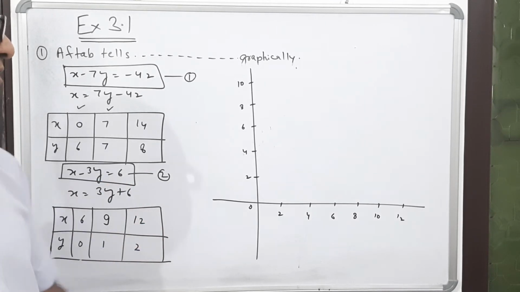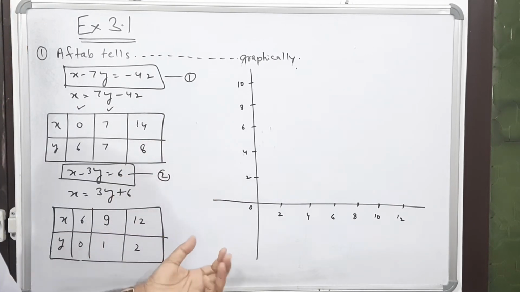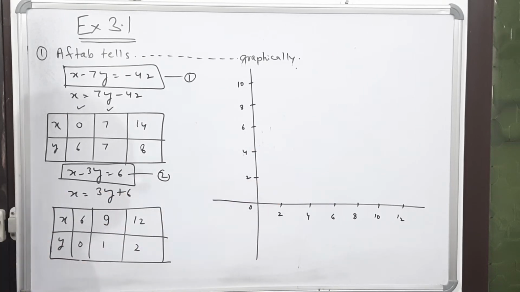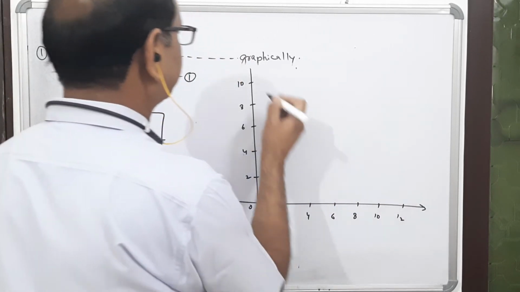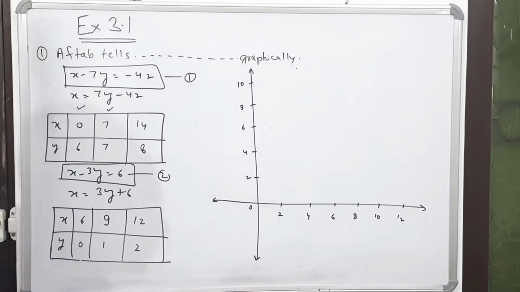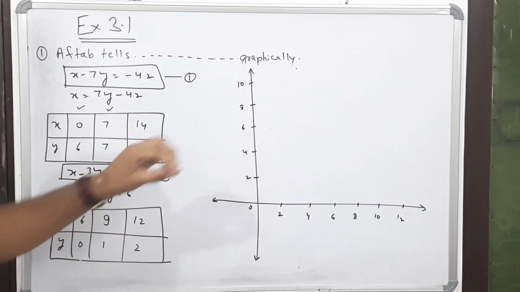So in this way, the first part we have completed, that we have made the value table, and now we will plot these values on the graph. I know it is the simplest part for you because you have already done it in the 9th class. Here what I have done is, I have taken the values as positive values and